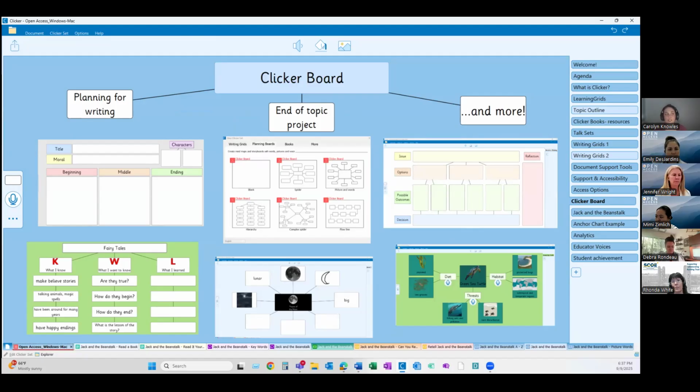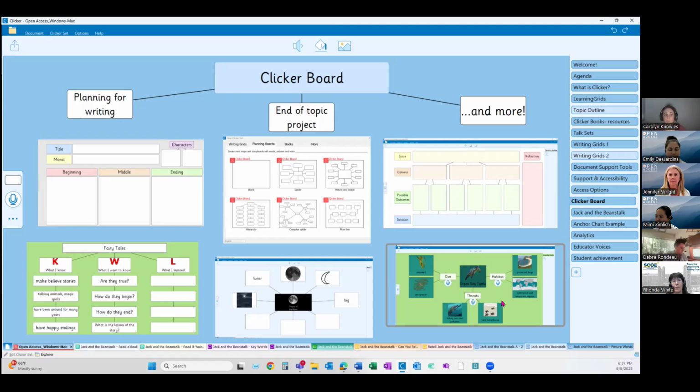Anything you can think of, you can do. And these tend to be really popular, I think, because they're the most open-ended. They're the easiest to edit and make whatever it is that you want. And you can download these, like these particular ones, right from Learning Grids that are preloaded with some sort of content based on whatever topic you're looking at in Learning Grids.